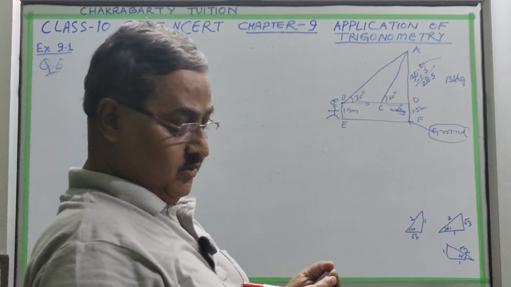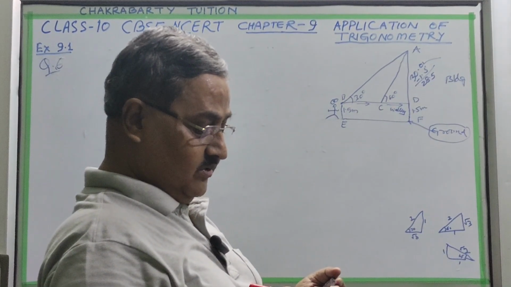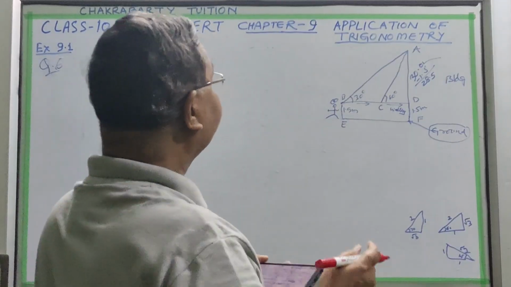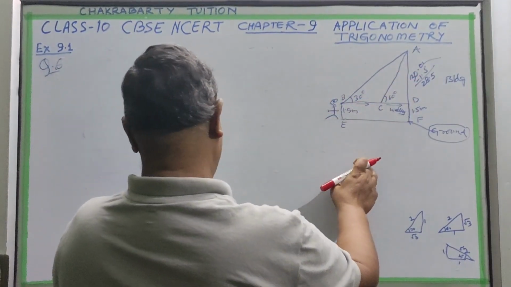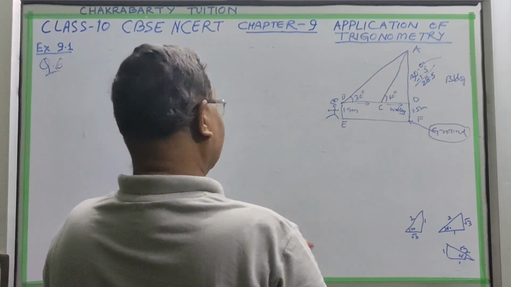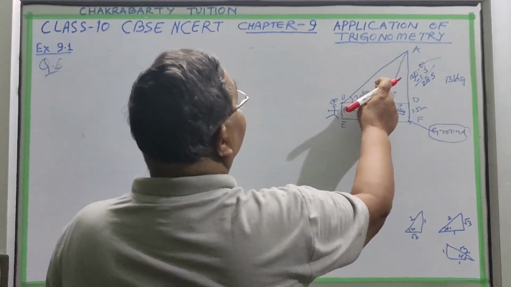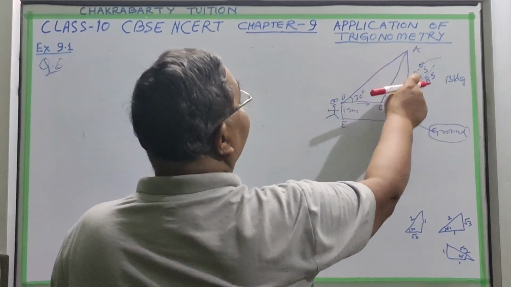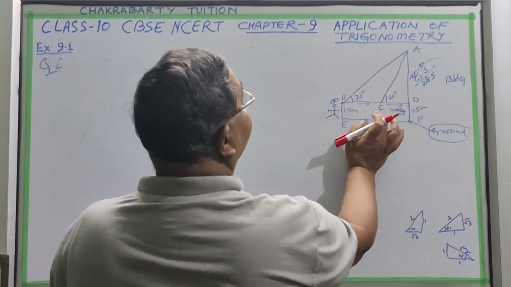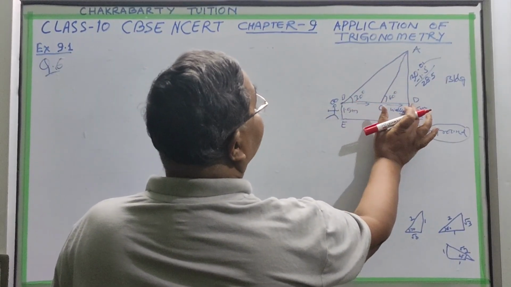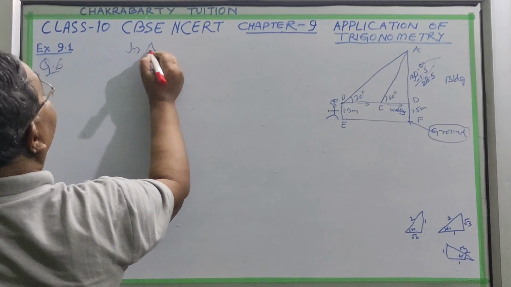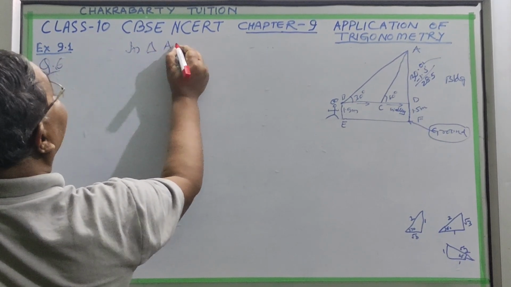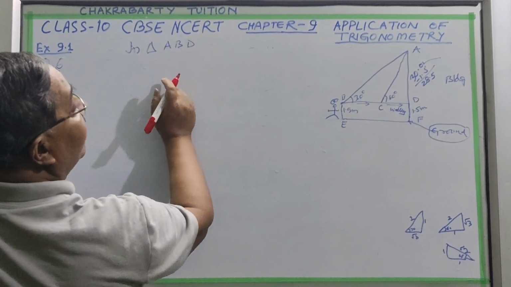So for this we will first go in this triangle, we can take ABD. First we will find this full length. So in triangle ABD,